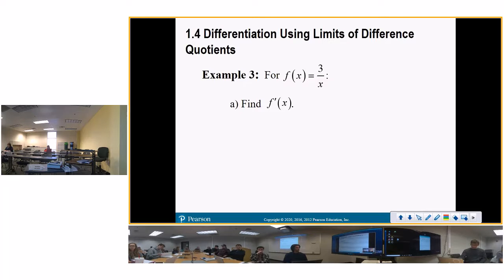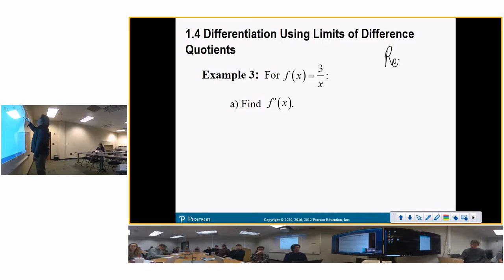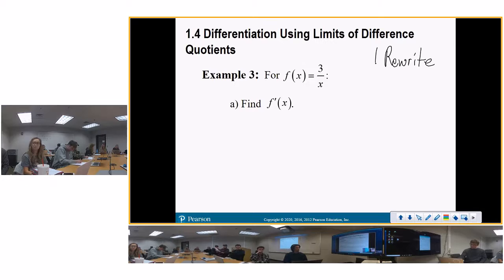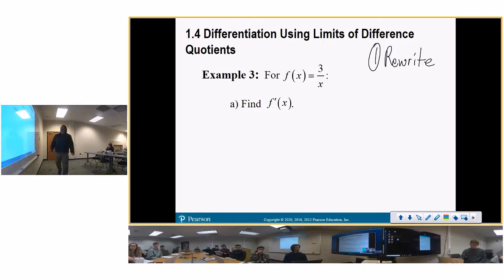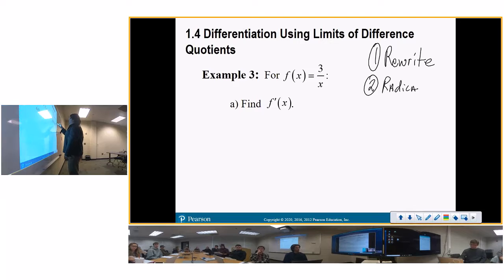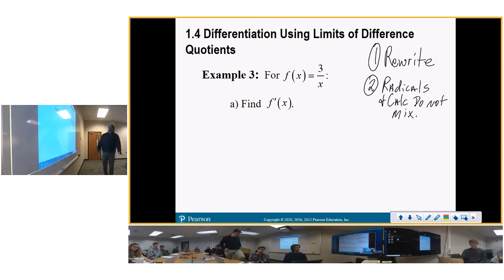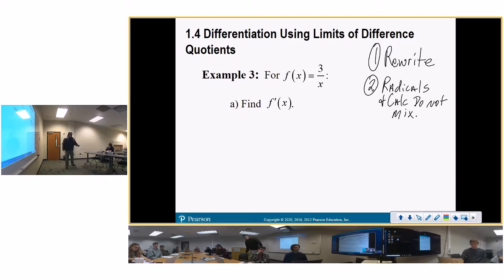One rule about calculus is rewrite. It's one of the first rules of calculus. The second rule of calculus, radicals and calculus do not what? Do not mix. If you were in my 109, you remember me saying that, and you also remember me saying, from now on, you change radicals into what? Rational exponents. So I'm going to rewrite this guy